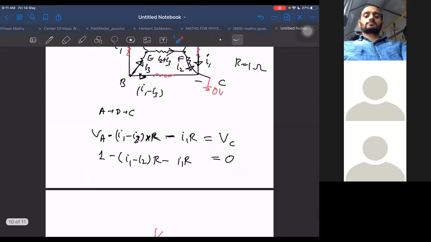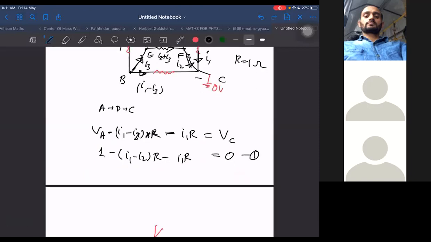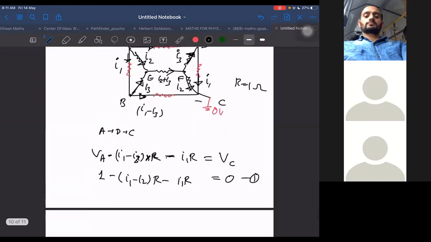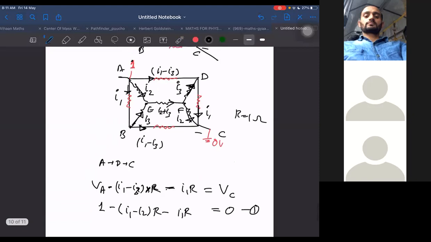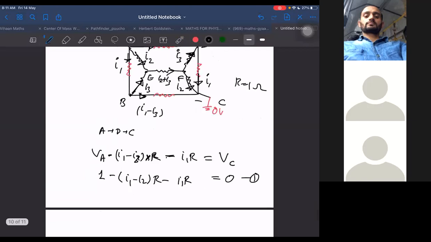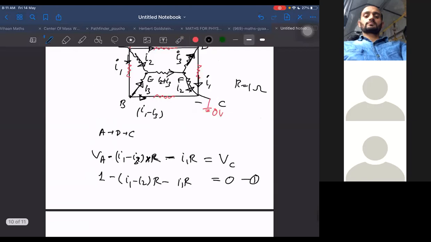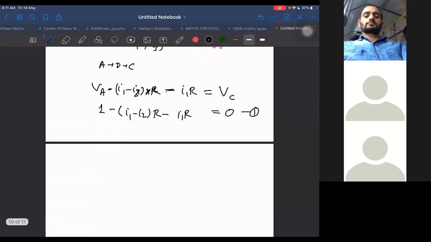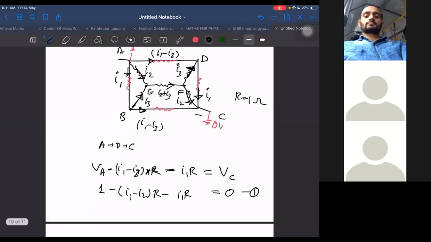You can connect AC by a battery also. AC is connected to a battery of one. That we can do, but my motive is to tell you, can we write the equation for open paths or not? Yes, we can. Try to understand. Yes, it is true that we can do that also, what you are saying. But we can write for open paths also sometimes. But I have already closed the path here indirectly, because yes, you are right in one way, that we can think as if it is just connected. So we can visualize that and we can write it. We can write in this way. Next anyway.